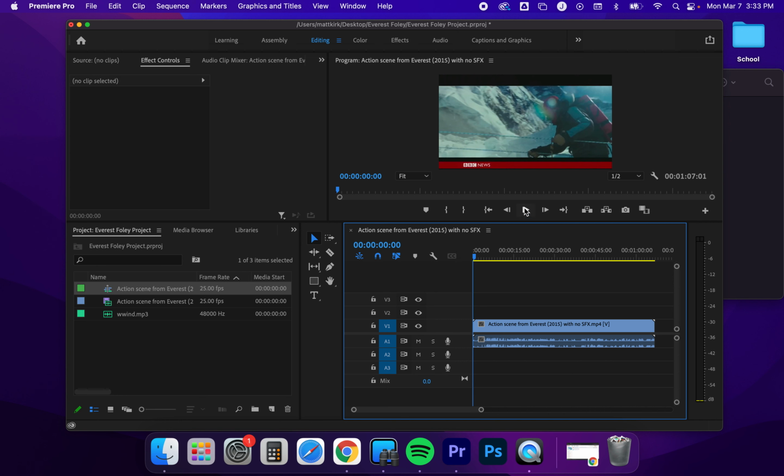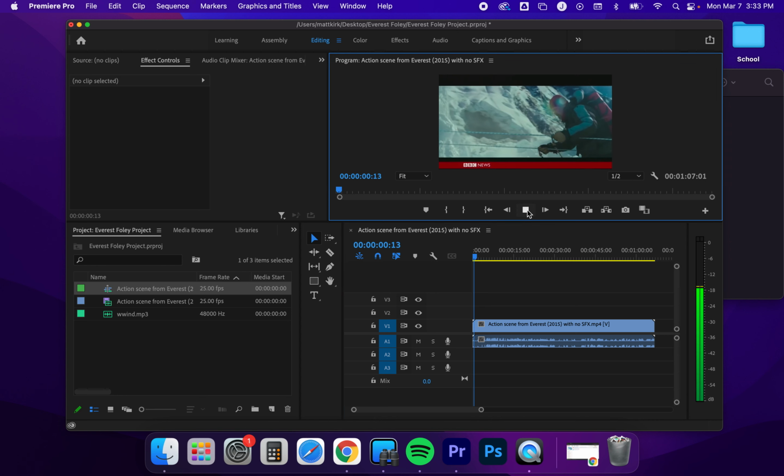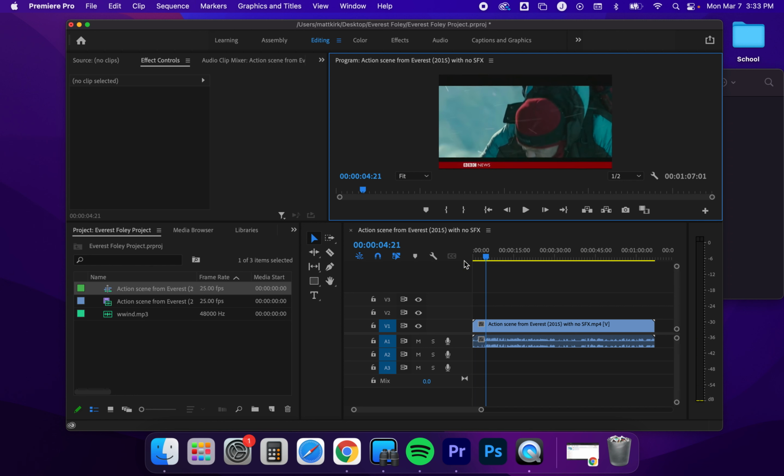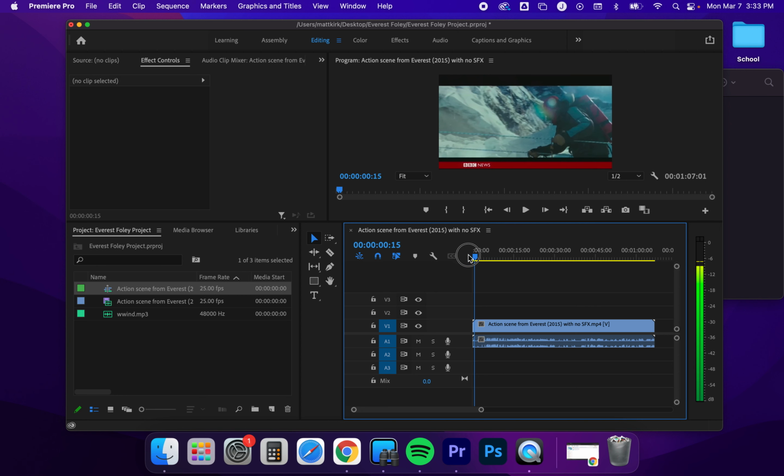Okay, so what this clip is a clip of a movie called Everest. If I click play, it'll sound strange because it's an interesting story. This was released to BBC News to show on the air, but it must have been a kind of raw footage because this is the soundstage footage of the actors acting this out. So we have only the dialogue with none of the sound effects, none of the background noise. So your job in this assignment is to add additional layers of sound to the